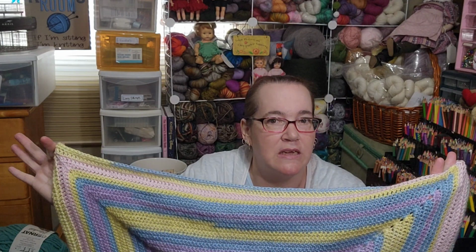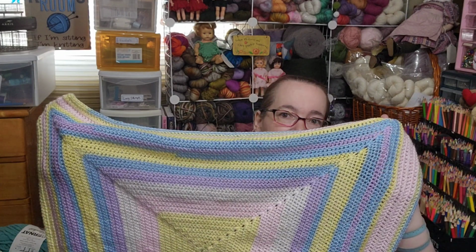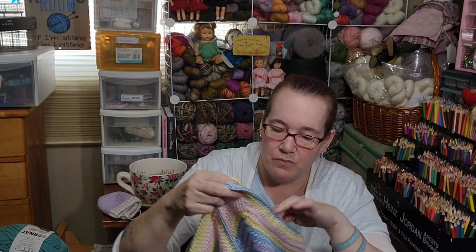Acrylic, you don't need to pin block and wash and block. It doesn't really stretch or do what wool does when you do that. So I just steam block acrylic just to loosen the fibers and the stitches up so it fits in place really nice. So that's, again, just a regular granny square